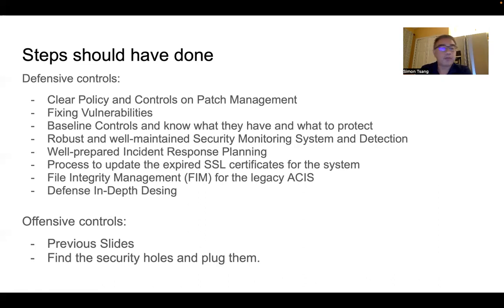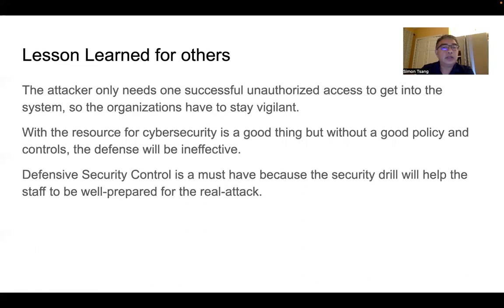I got a typo there, sorry. And then the offensive control, which we talked about on the previous slide. But definitely for the security holes, we need to use offensive control to find them, and then we plug them. And then lessons learned from others. So finally,